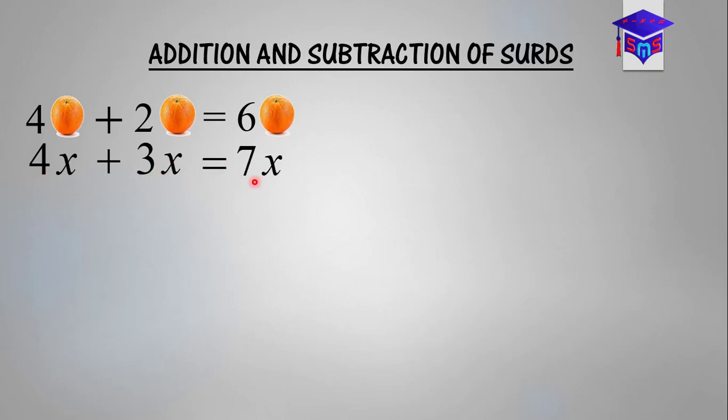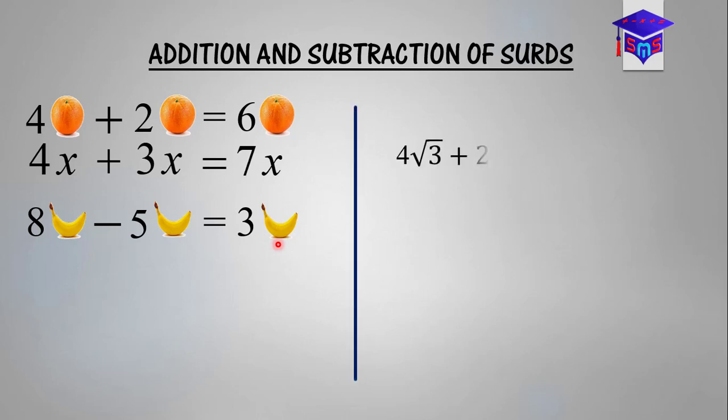So I'm having how many x's? 7x. Alright. Then again, if I have 8 bananas and I take away 5 bananas, I'm going to have 3 bananas left. The same thing happens when you come to surds. If I have 4 root 3 plus 2 root 3, because the roots are the same, what it means is that I have 4 of the root 3's and I'm having again 2 of the root 3's. And so if I add 2 of the root 3's to the 4 that I have, I'm going to get